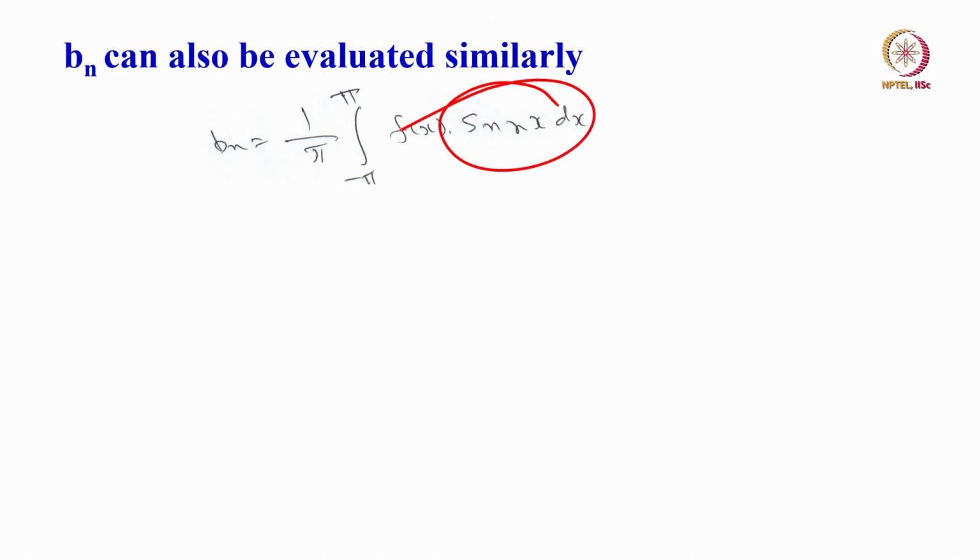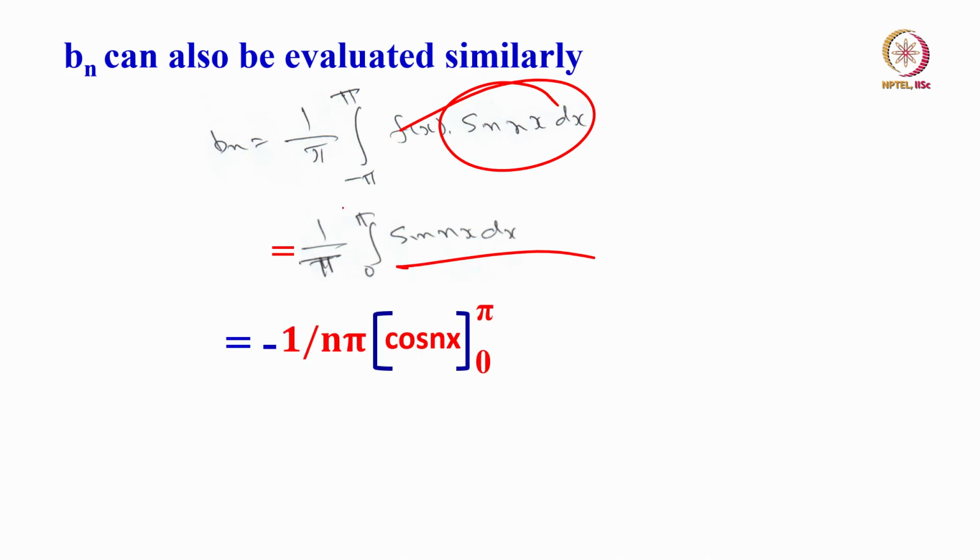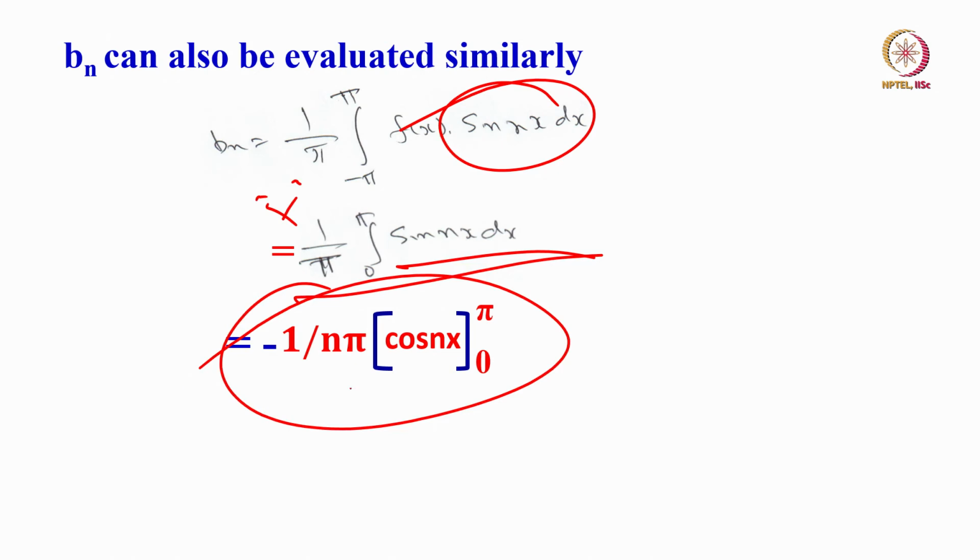Okay. So similarly now we can work out b_n also. How do you work out b_n? Same, for b_n you have to multiply by sin nx, I told you, and again integrate over one cycle. Now what you are going to do? Resolve into two terms. From minus pi to 0, f(x) is 0, so I have removed that term directly. I am concentrating only on this term. So this again turns out to be minus 1 over n pi cos nx from 0 to pi. This is also a well-known integral, that is why I gave you the definite integrals.